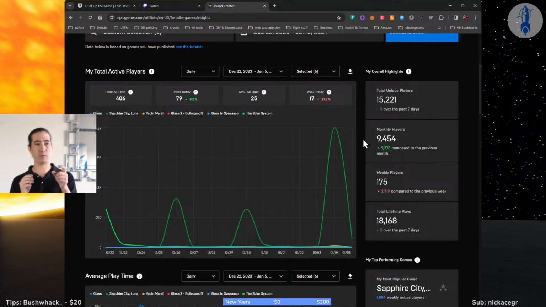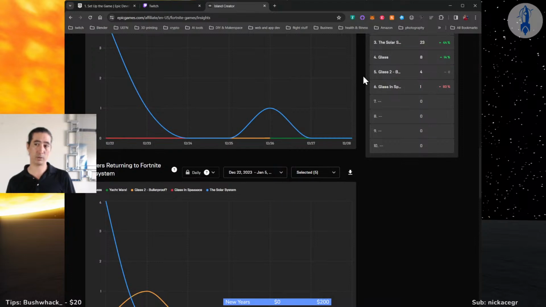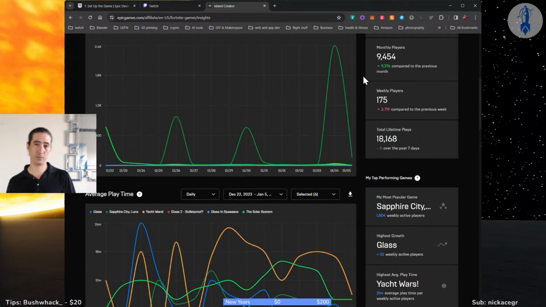So you play a round, somebody wins that. Play another round, somebody wins that. Play another round, maybe the first person won again. Whatever, right? But 7 rounds, that way there's no ties. In theory. And then I need to update Glass 2 and Glass in Space to do that as well. So maybe I'll get around to that at some point.